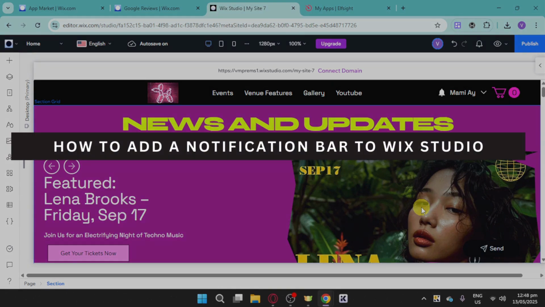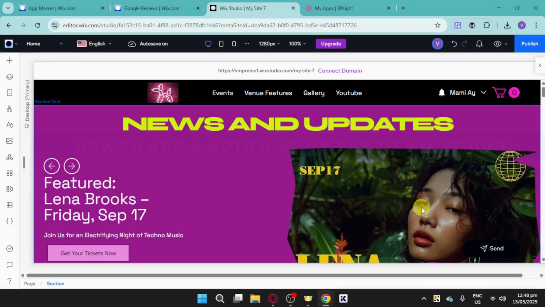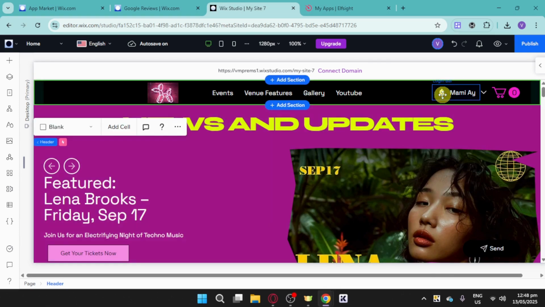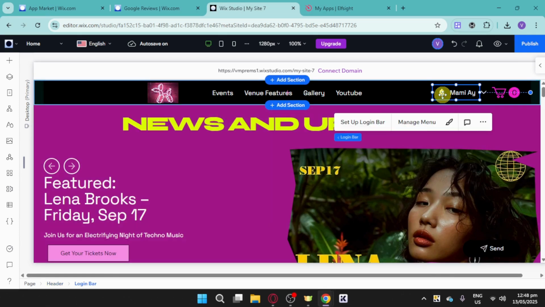How to add a notification bar to Wix. So as you can see right here on my website, I have this notification icon. This notification icon is actually included in the login bar that you will have if you have enabled